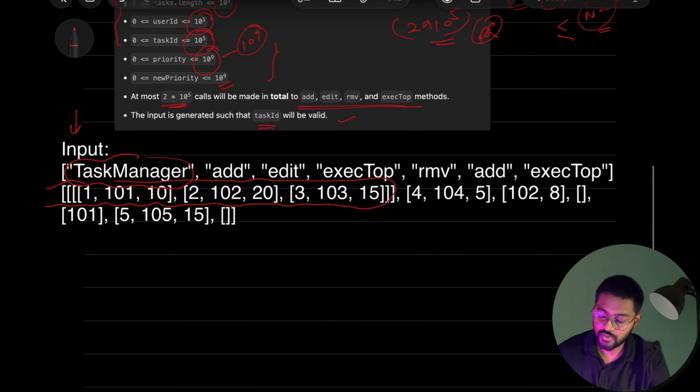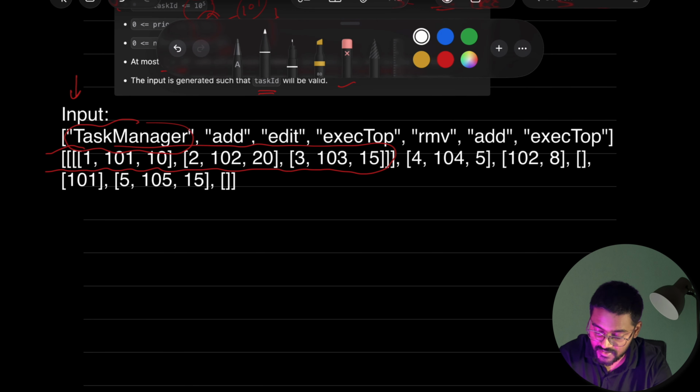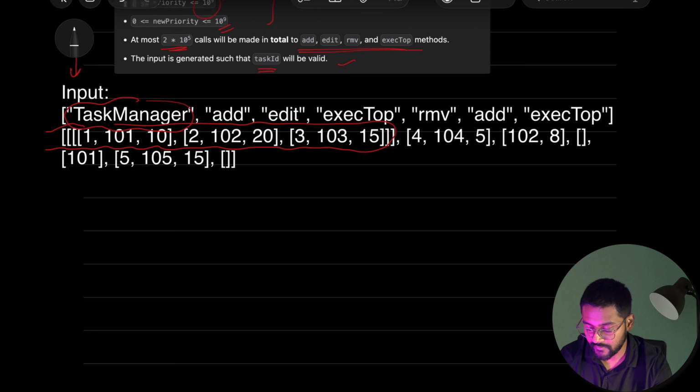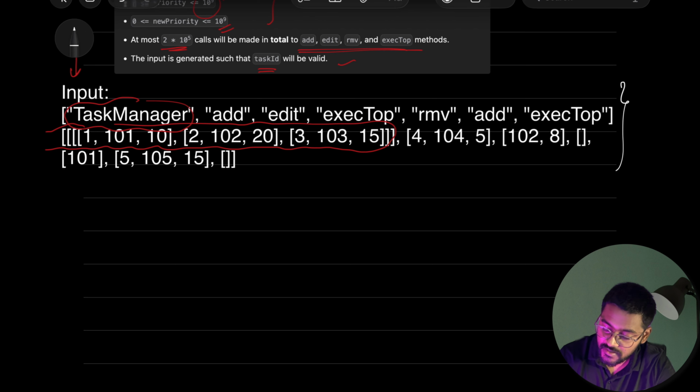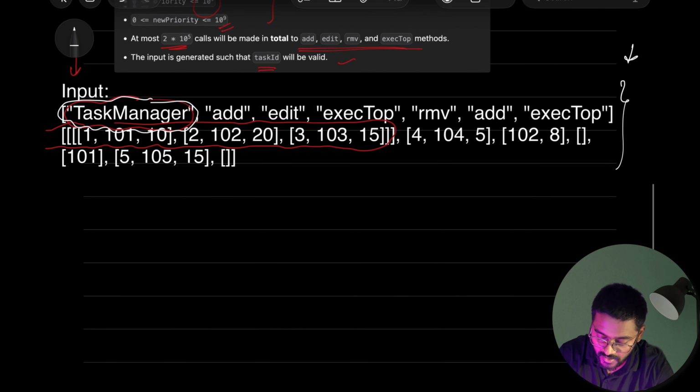So the first queries, you can assume that we are going to receive a multiple number of queries, and we have to design a system where we will be maintaining these tasks, and we are going to do whatever is given to us, like whatever function is being called. So first of all, let's try to understand this input. In this input, first query is that we are calling this task manager constructor. It means the constructor is being called, the class is being initialized, and when the class is being initialized, they are calling this list